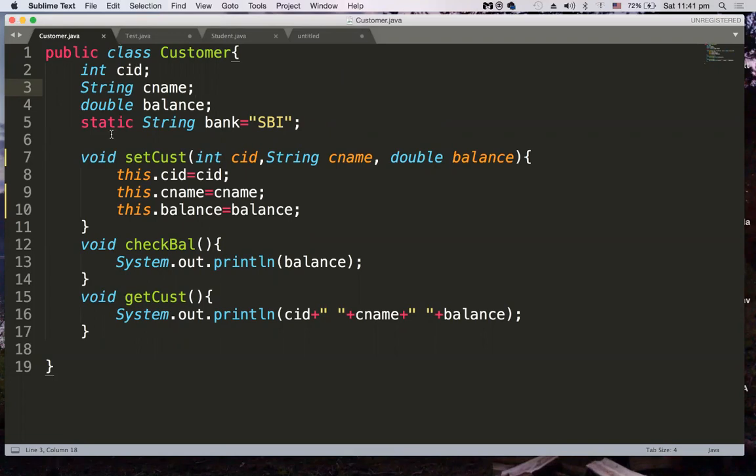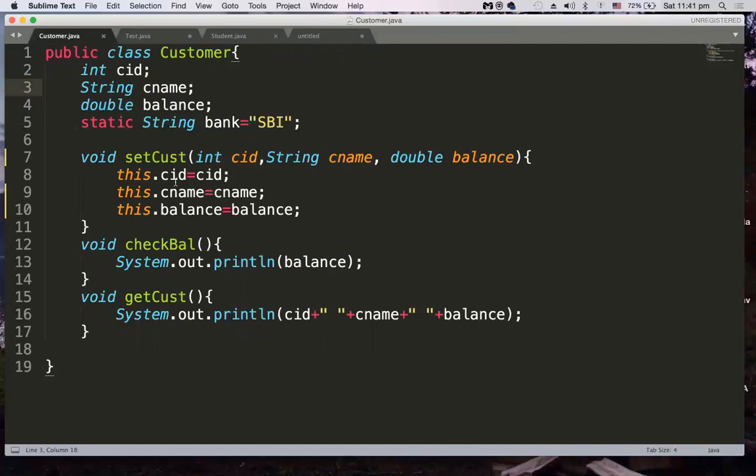So these 4 are my variables part, the data members part, and then I have 3 methods. One is the set customer method, where all these instance members are getting set. So CID, CNAME, and balance we are setting from the local members to the instance members. These local members and instance members are the same name, so we are using this, right?